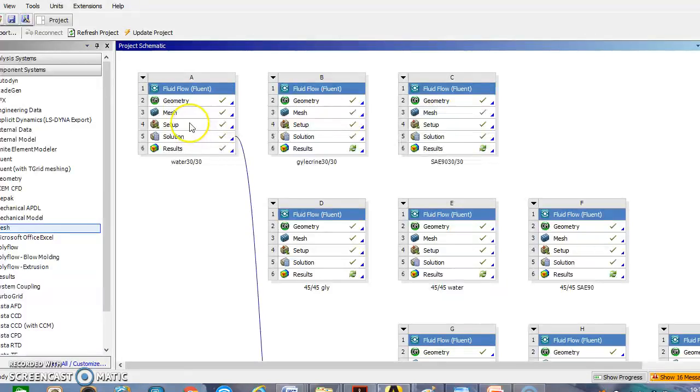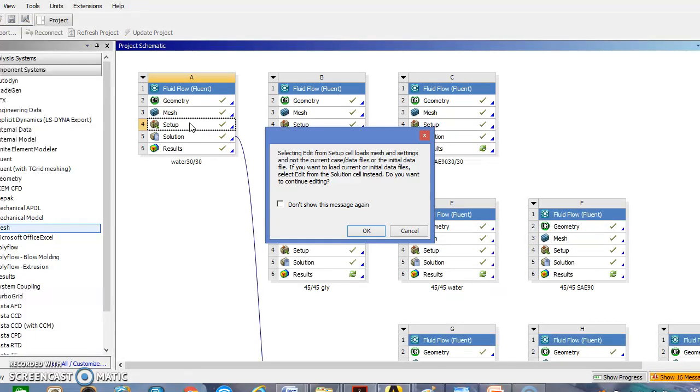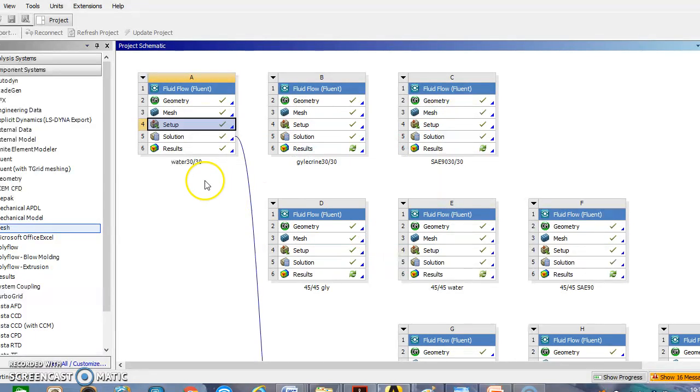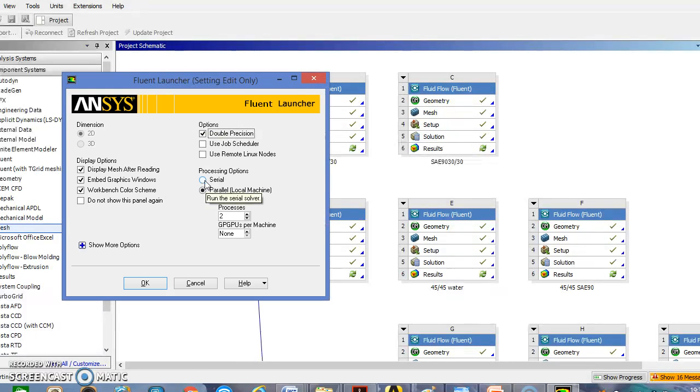So next is your Fluent setup. Okay, double click on setup. See, setup is when you are starting new. Okay, so you are starting from the beginning and you are doing step by step procedure. Say for example you already completed the simulation and you just want to check something, then go for solution. Double click on the solution instead of clicking on setup. If you go to setup, everything will be changed. It will ask for rerunning. Or what you can do is you can just close without saving. If by mistake also you have clicked on setup, you just close it, close everything.